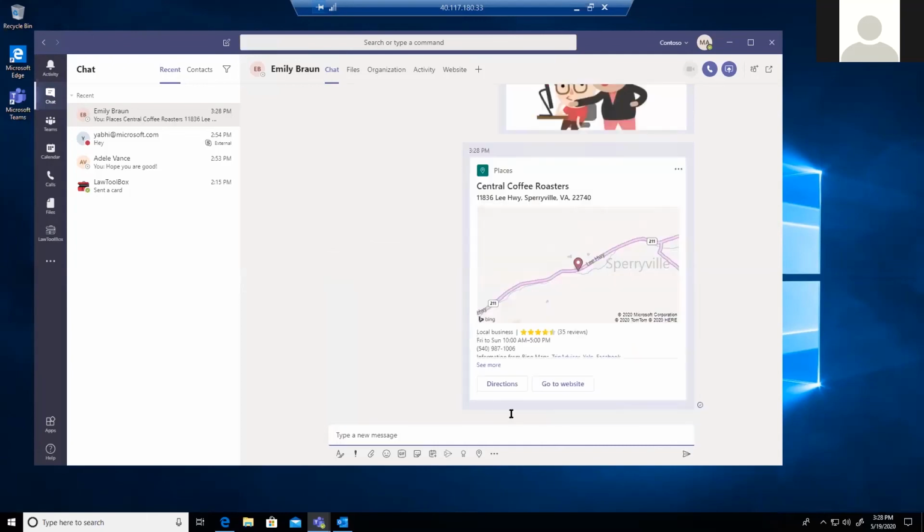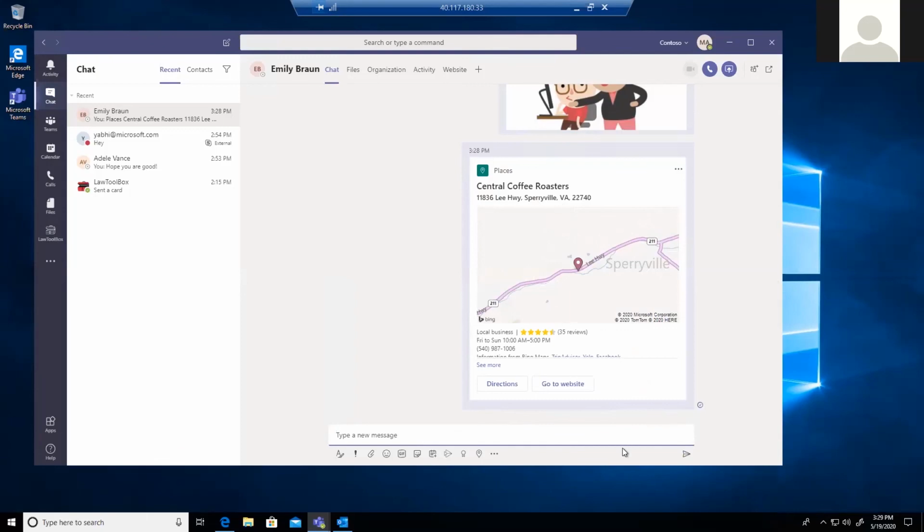I'm not just sharing that we will go to Central Coffee Roaster. I'll explain everything, like what time it opens and closes, that it's a local business, where exactly it is. And there's a direction too. So this is a richer format to share information with each other, so that less communication is required once we send it. This is how you can use this.